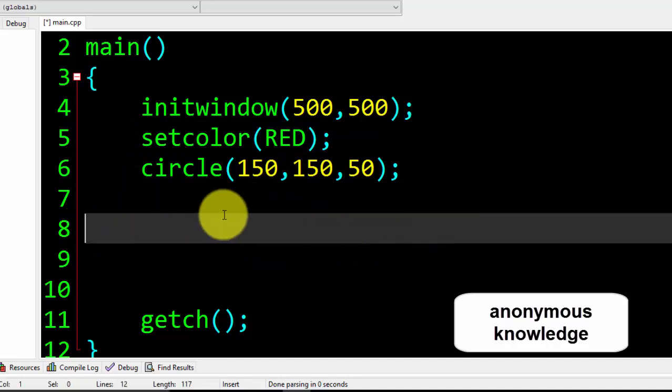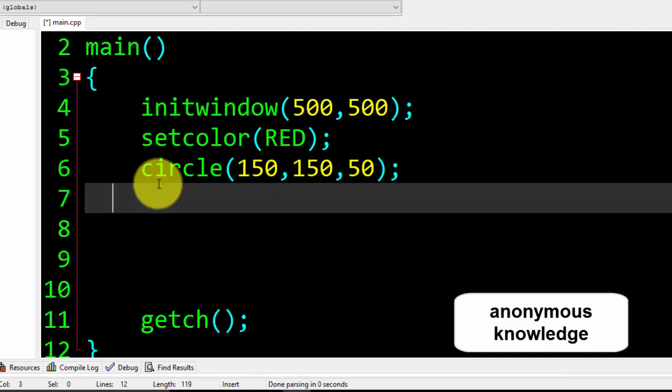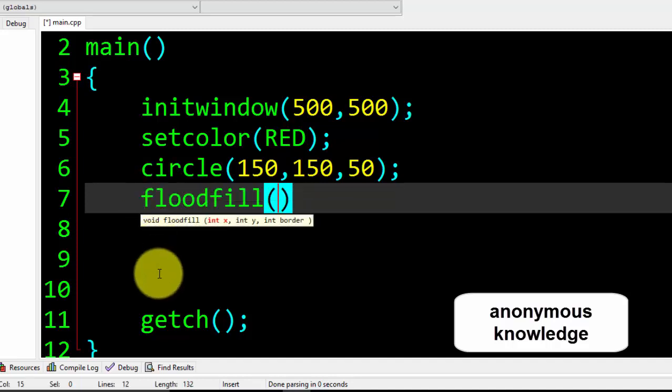Now we will learn how we can fill color inside the circle or inside the shape. For that we have to write another function called flood fill, and it has three parameters.